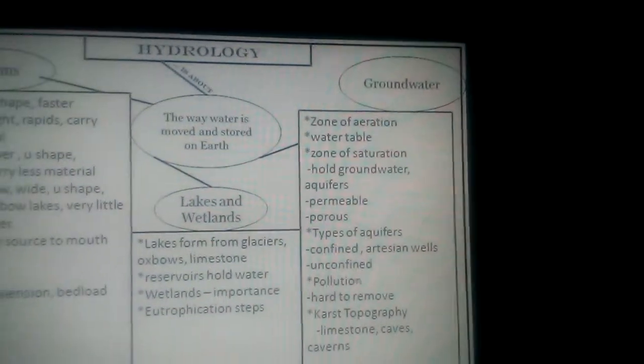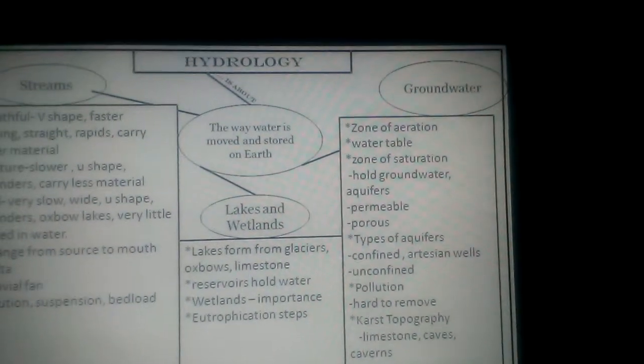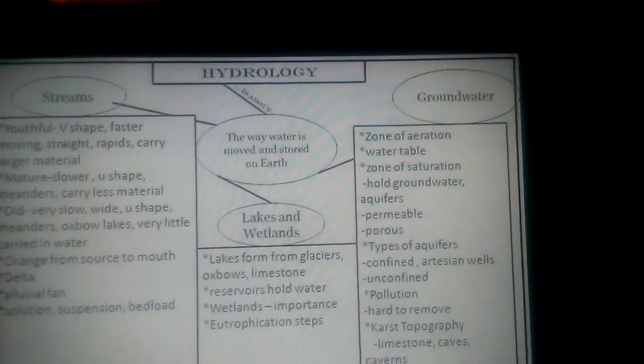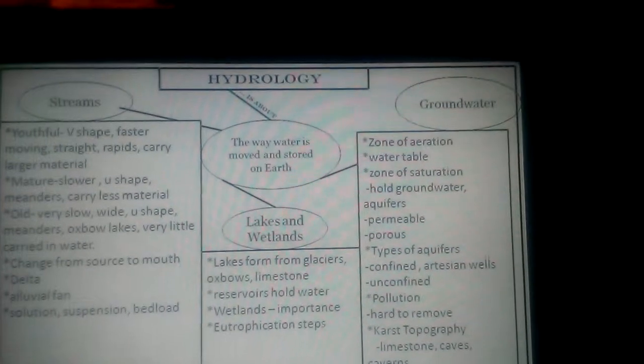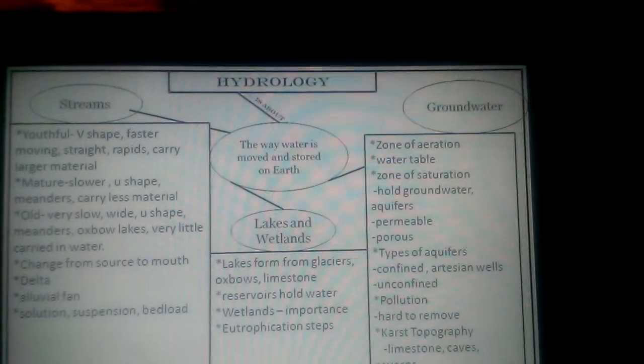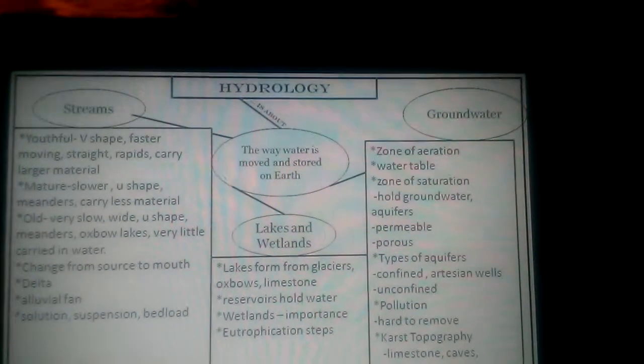And then lastly, we covered groundwater. We had the zones, the zone of aeration near the surface and then just below, and that's mostly air. Then you have the water table, which marks the top of the zone of saturation, and that's where all your groundwater is held. So that level, the water table level, can go down as the zone of